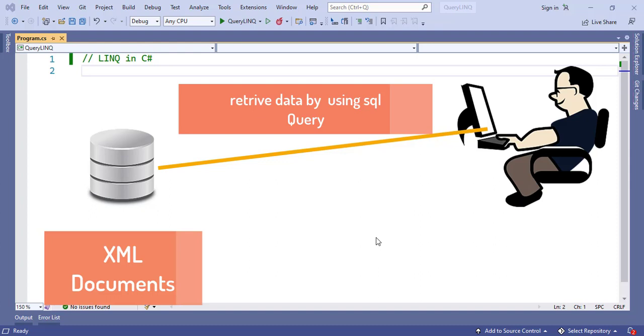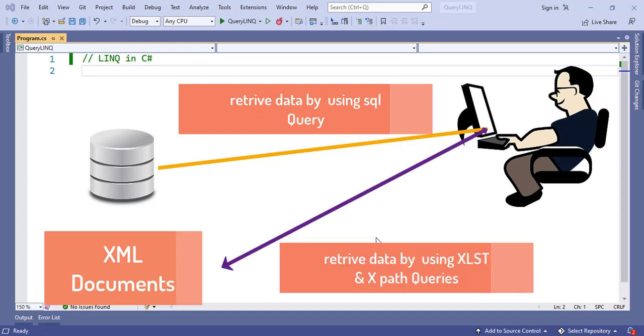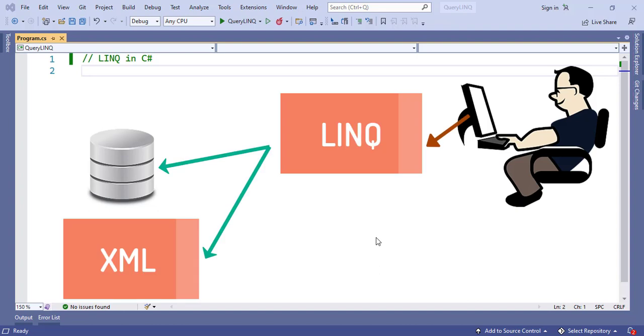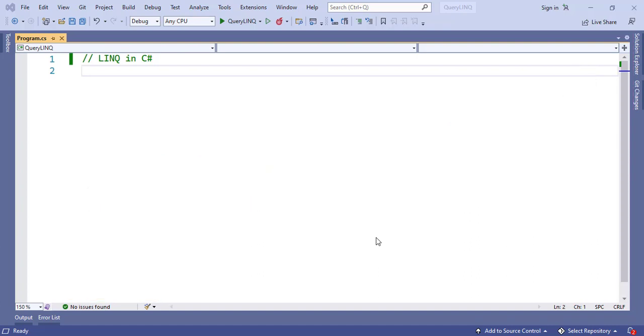If you are working with XML document, then we need to understand XPath queries. But with LINQ, there is no need to understand all these query syntaxes specific to data sources. Instead, LINQ provides a common query syntax from which we can retrieve data from XML documents, SQL database, collections, etc. That is why we go for LINQ.